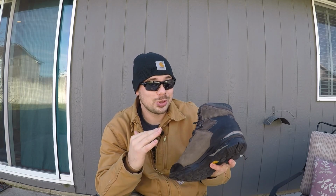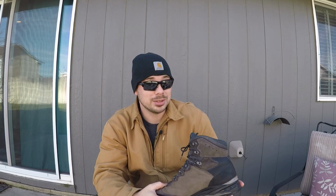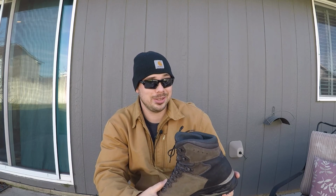Another neat feature of these Caminos, I would strongly recommend if you are doing some heavy duty backpacking. If you got a heavy bag, like I pack heavy, I average at least 50 to 70 pounds in my backpack on average. That's where a boot like this comes in handy because it is built for the backpackers. I mean, not so much the day hikers. This is built for